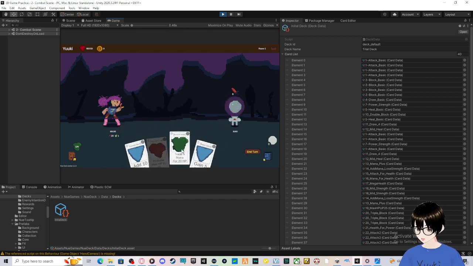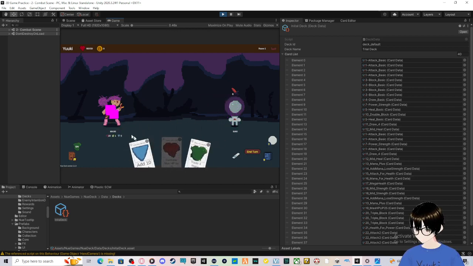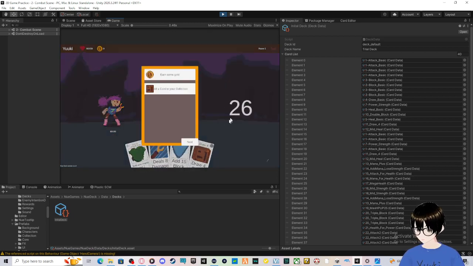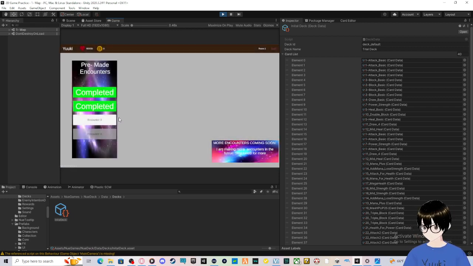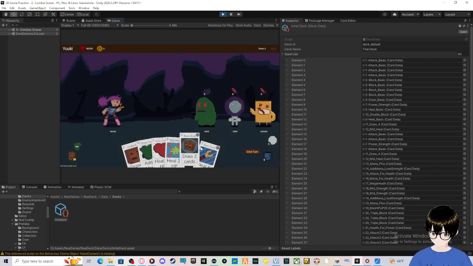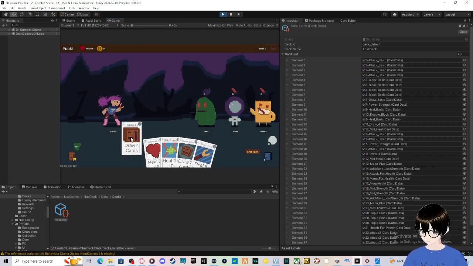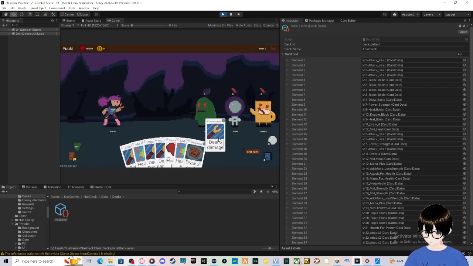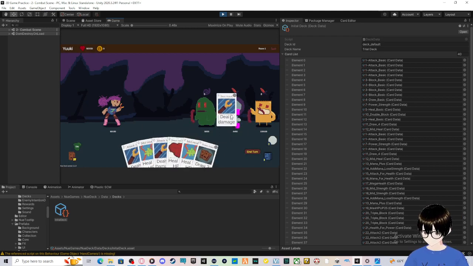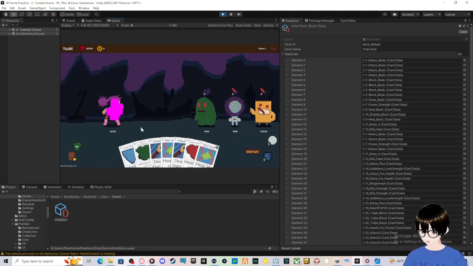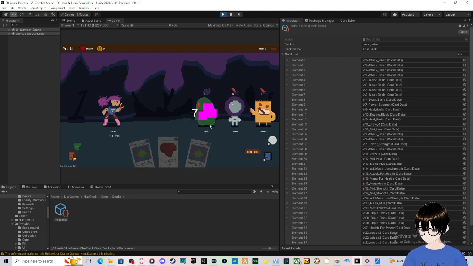26 damage now. I'm gonna add blocks. 26, 26. Add a new card, earn 2 mana. I'm gonna add 4 on this turn, add 4 cards, and then I'm gonna do 6, add 2 more cards, add 1 more mana, 15 block, deals 8 damage, 8 more,